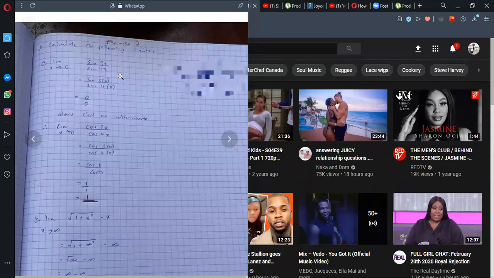You replace the x with the 0, and you find 0 over 0, which is very much okay. And then from there, she explained and said it's an indeterminate form, which is very correct. I like that. I even like the fact that you explained it, which is very, very good. And then from there, she now simplified. Initially, how you simplify under limits is that